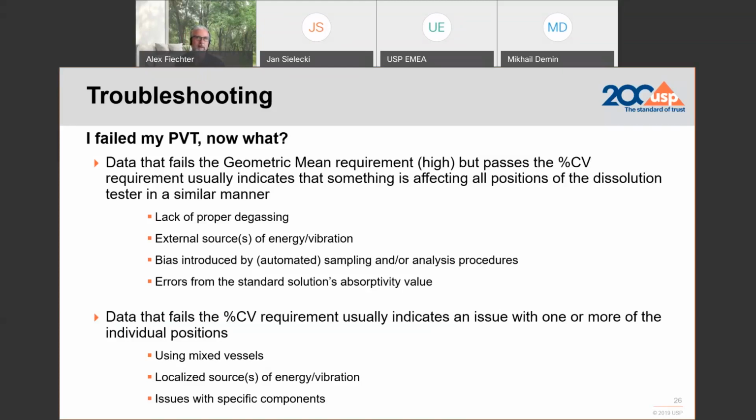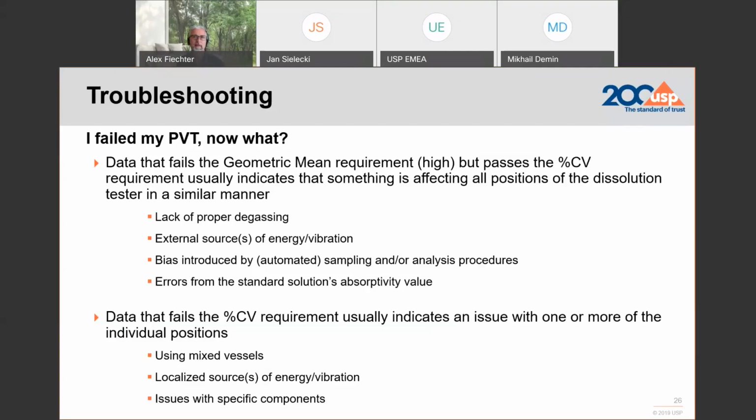If you assess this with an automated sampling procedure, you first have to verify whether or not you are within your self-defined range specs for the same system, with devices and assemblies qualified as such. Errors from the standard solution absorbance could be an issue for high geometric means.